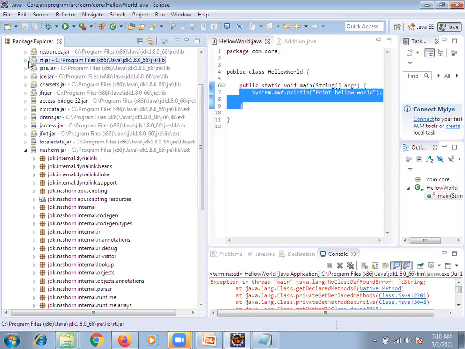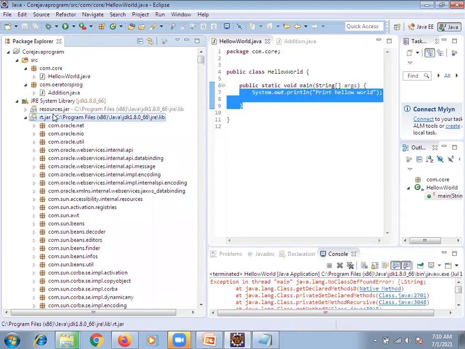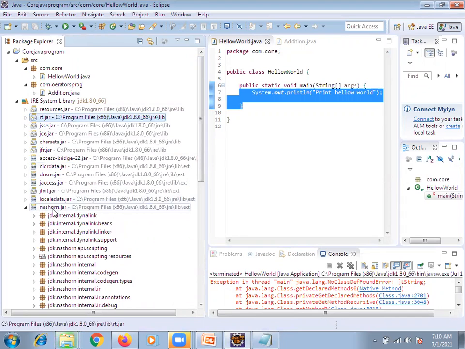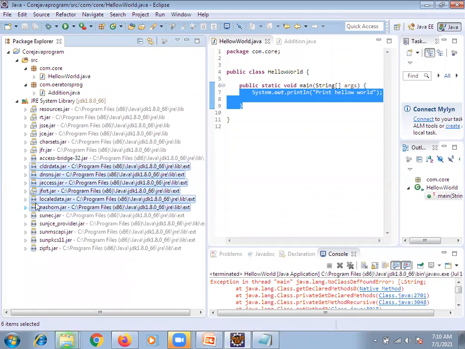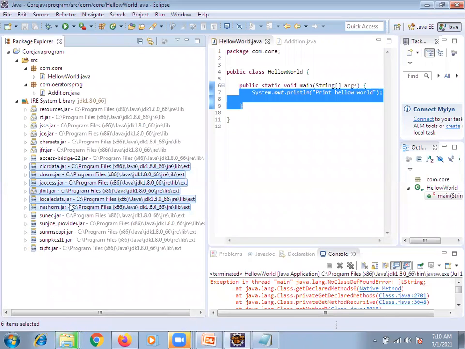First, rt.jar will load initially. Inside rt.jar, whatever required classes we need will load. After that, the child classes of rt.jar will be available in the extension folder. This whole extension library is there, and these are all mandatory. If you want to see this, you can go to the JDK and delete all these jars, but it won't run. If rt.jar should run, all dependencies like the child jars should be available. This is what we are saying.